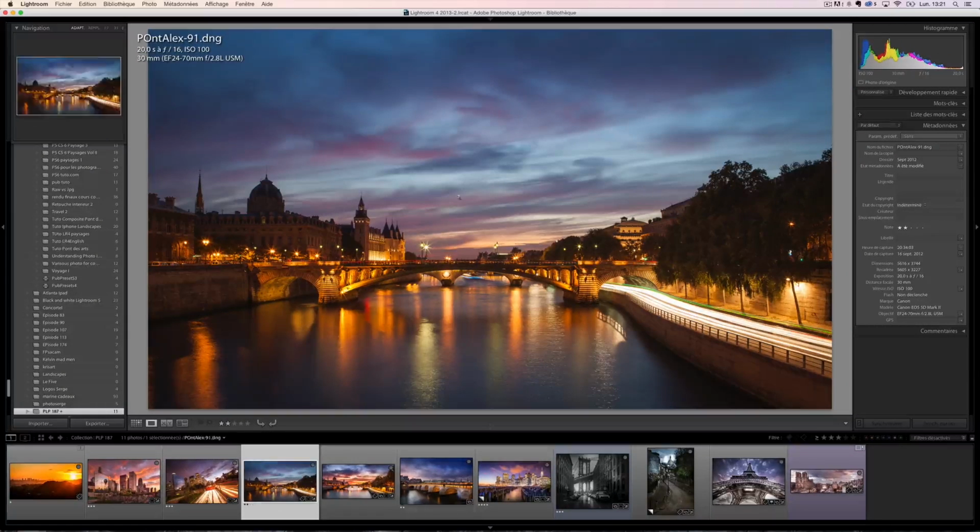I shot 3 shots of it: normal exposure, overexposure, and underexposure. But in most cases, I actually only use the normal exposure. But you see, this one I really shot for the highlights, meaning that it's very dark. This is the raw file